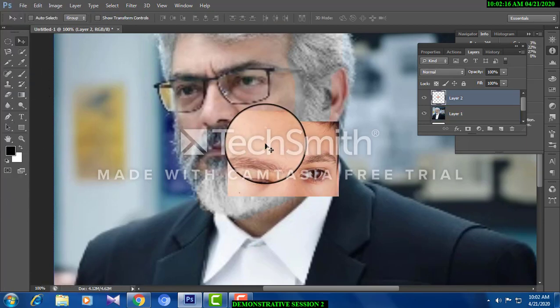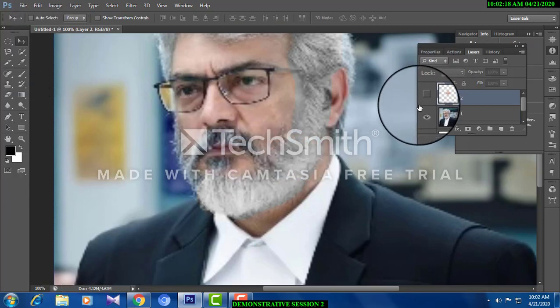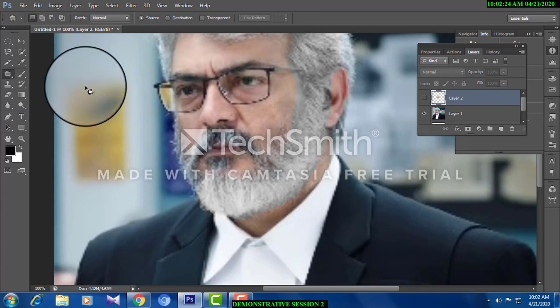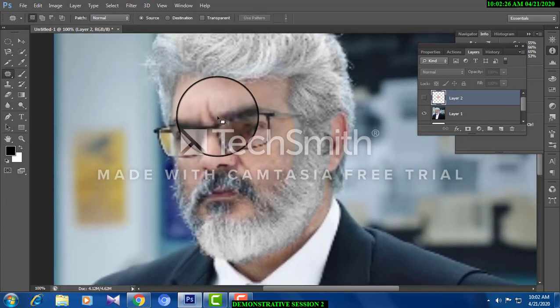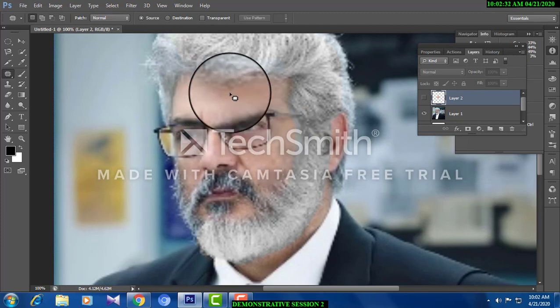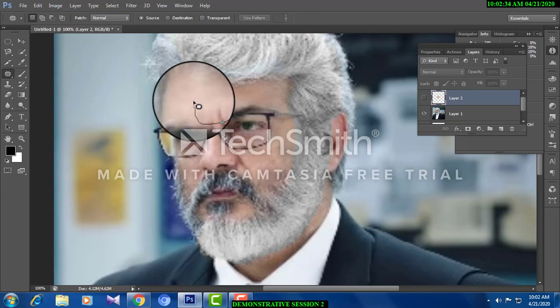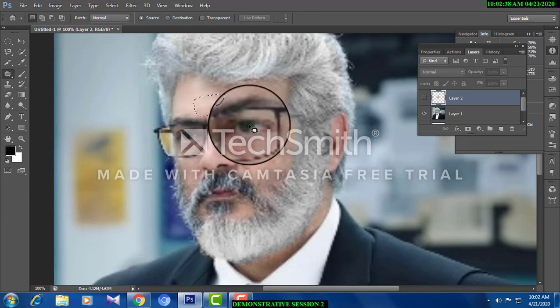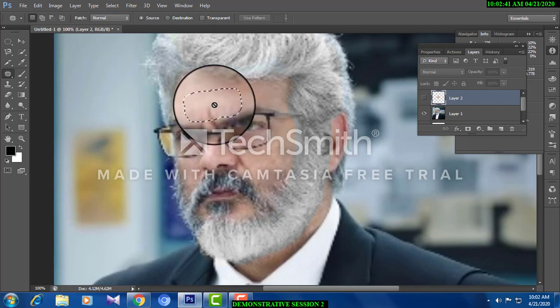See, it was like this. See, are you able to see the changes? The spot healing brush and patch tool, for example: if you want something to be added, for example, you want this eye to be here, look at here. Choose a particular area where this eye should be and drag the same,